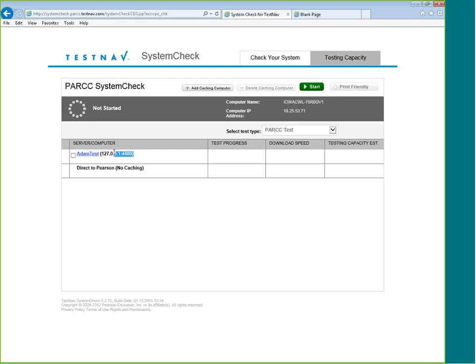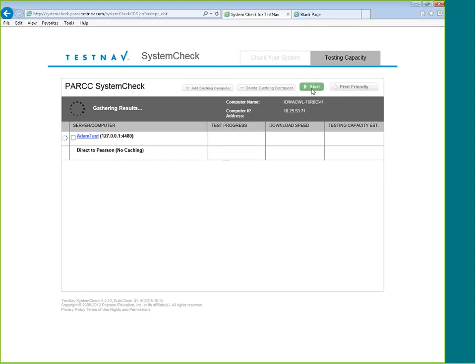So it's gotten a little bit smarter since the last time I've done this. But in this case, I could click Start, and it's going to run through a quick check of my bandwidth, of my download speed, both to the Proctor Caching machine and direct to Pearson, and it'll come back with testing capacity.